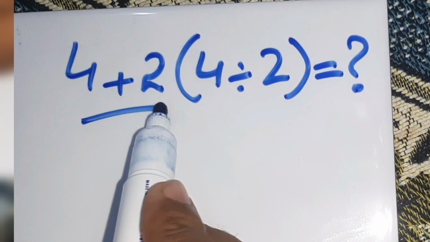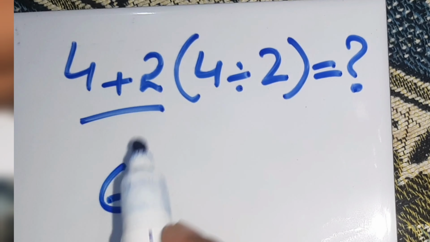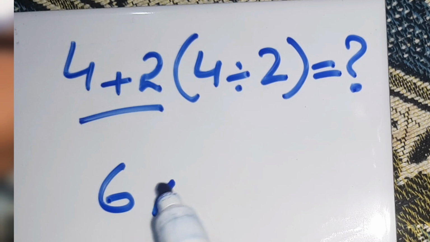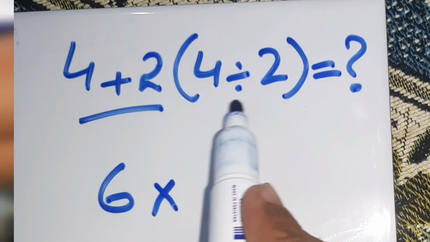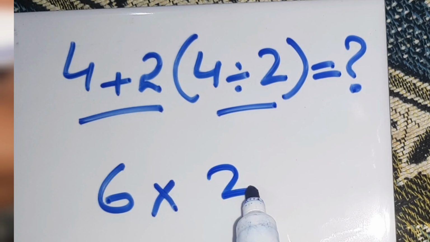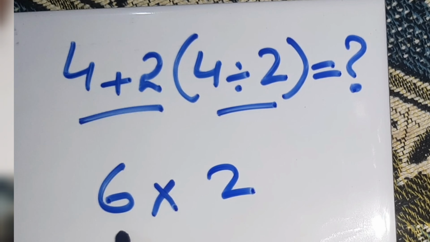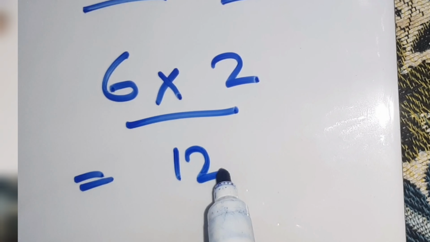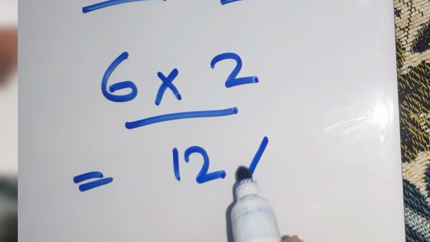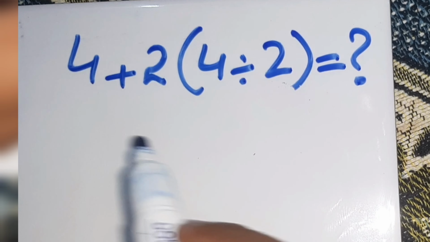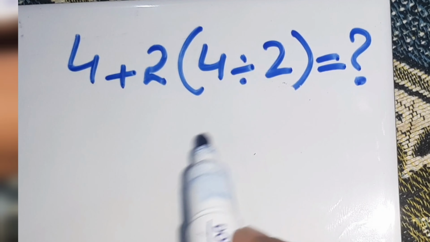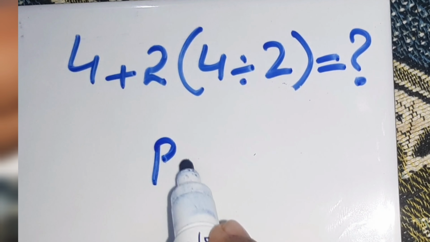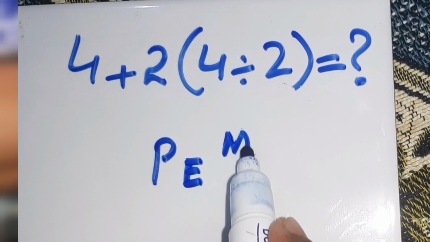4 plus 2 gives us 6. Now here multiplications are times and 4 divided by 2 gives us 2. The final answer is 6 times 2, 12. But this is not the right answer, because according to the order of operations, first we do parentheses, then exponents, then multiplication